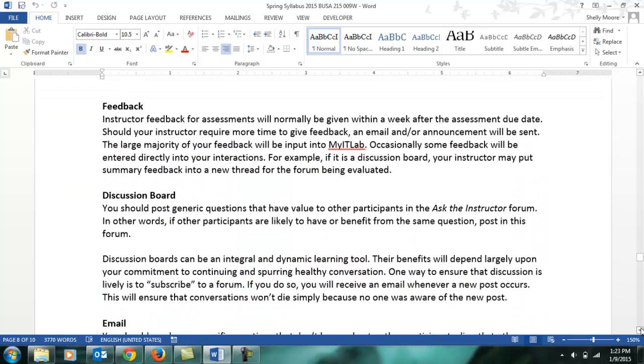And let's see, instructor feedback. A lot of your assignments are graded by the computer, and most of your assignments you have limited attempts on as well, which is really nice for you. So you can finish an assignment, turn it in, and automatically know what your grade was on that. You can do it again if you need to,